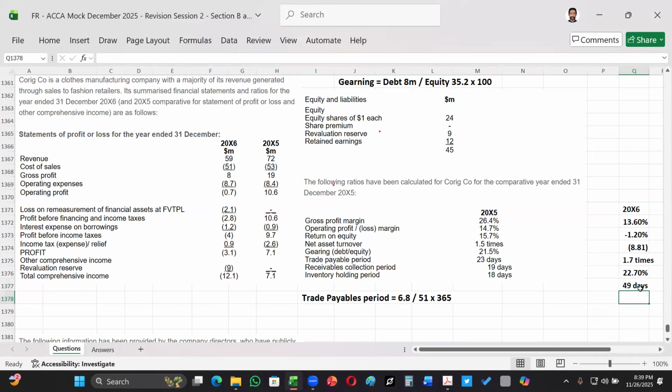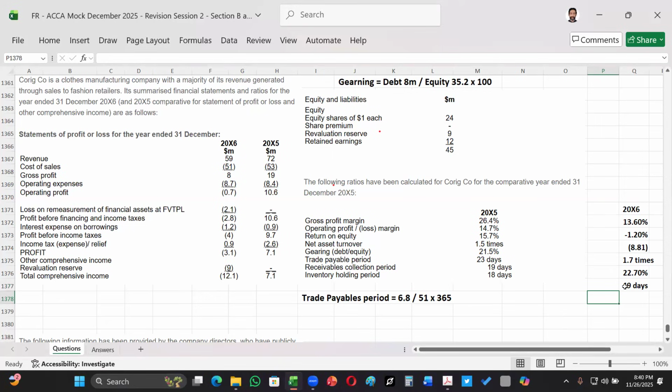So we are taking more time to pay the payables. This would have contributed to the improved cash flow position. We have seen that the cash flow position is better now. We have a positive balance in the bank. But this could harm the relationship with the payables. They might not give us the discounts, and they might also not give us the supplies because we're taking too long to pay. Okay, because we are becoming vulnerable for them. They might think that we might run away and not pay the money. So that's a serious tricky thing. So we have to keep this thing in check.